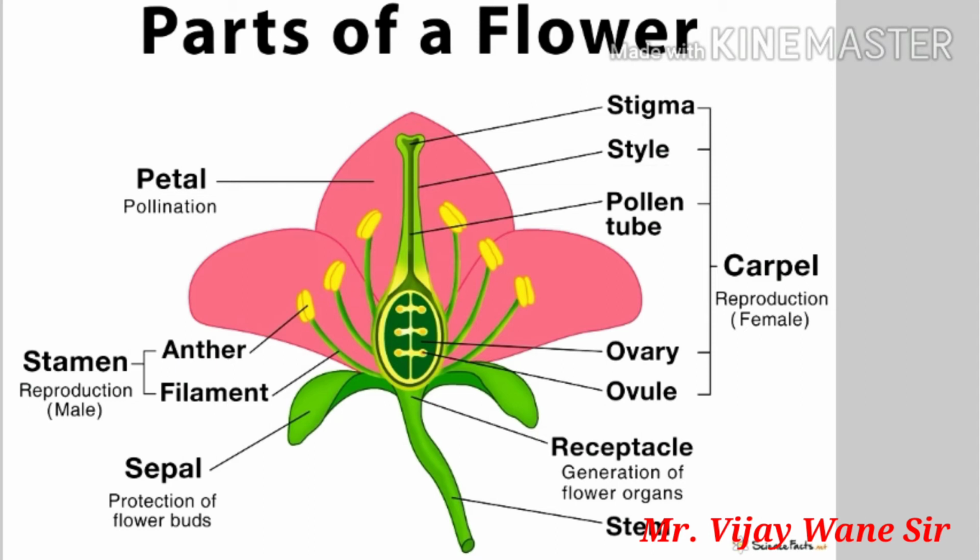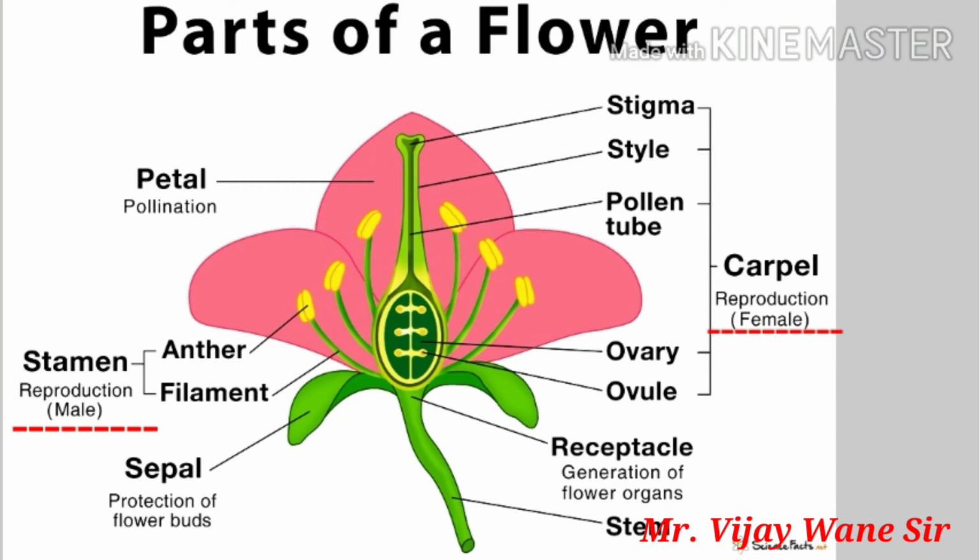You can see the same structure for the side tube also. There is a head-like portion on the top which is called the anther, and again the tube-like structure attached to it is called the filament. So this anther plus filament together is called the stamen. Now these two parts, the carpel and the stamen, we have to see in detail because these are responsible to produce the seed. So the central tube-like structure, which is called the carpel, is the female part. On the other hand, the side tube-like structure, which is the stamen, is nothing but the male part.